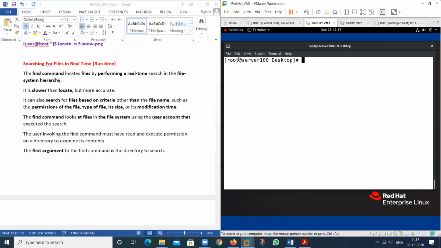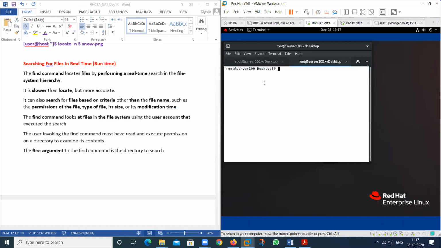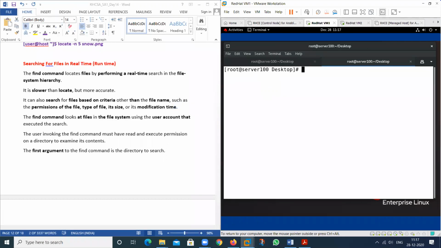Suppose I am using the find command in the etc location, and I want to find a file. The name of the file starts, so this is the syntax, and I want to search for a file. The file name is passwd. See the result.